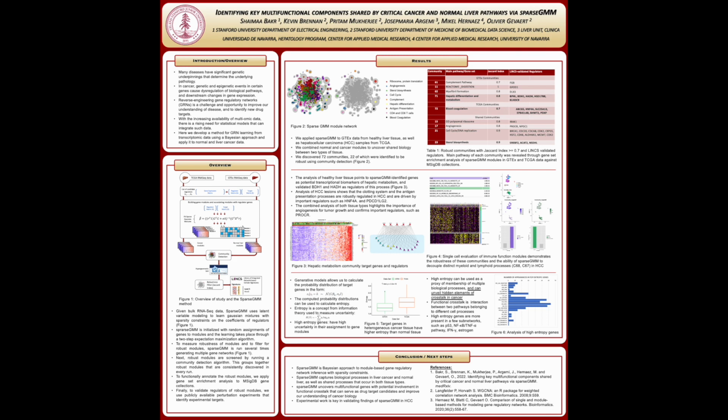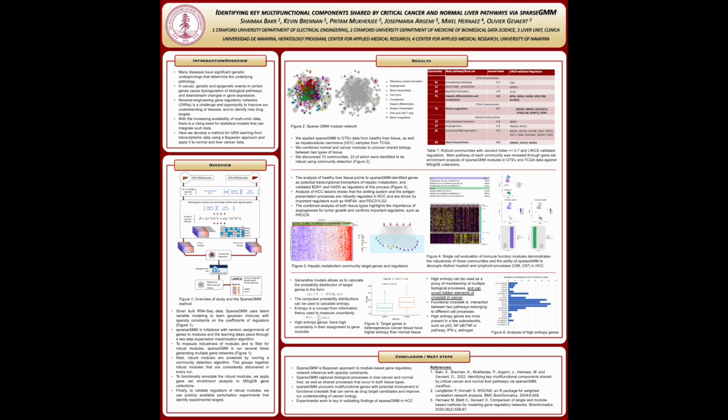Given bulk RNA-seq data, sparseGMM uses latent variable modeling to learn Gaussian mixtures with sparsity constraints on the coefficients of regulators. SparseGMM is initialized with random assignments of genes to modules, and the learning takes place through a two-step expectation maximization algorithm. To measure robustness of modules and to filter for robust modules, sparseGMM is run several times, generating multiple